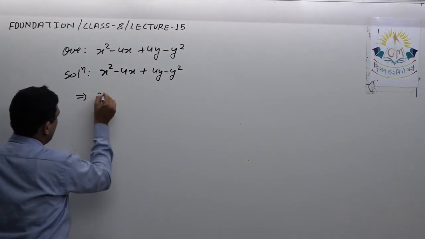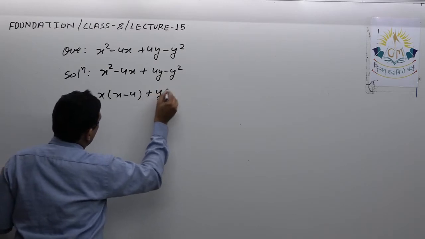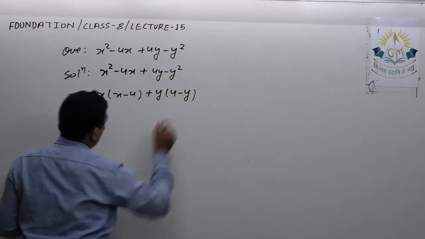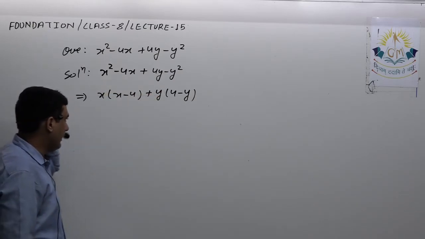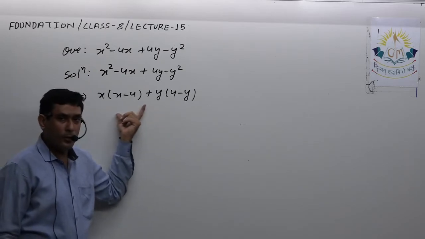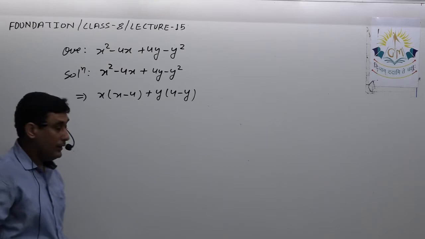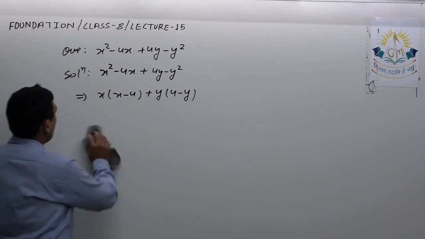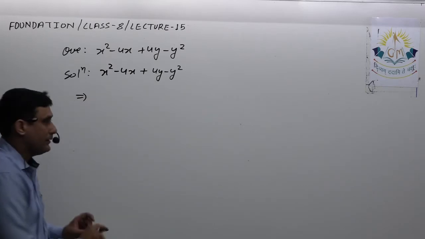So, if I take x common, here I will get x minus 4. If I take y common, I will get 4 minus y. Definitely it is possible to take common from the first two as well as from the last two. But after that it is not possible to take common because there isn't any common quantity in these two which is the same. So if we follow this method, definitely we won't be able to factorize it further. That means this is the incorrect direction, we can say.